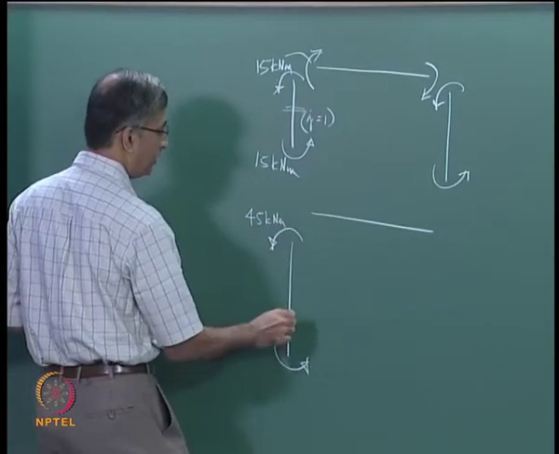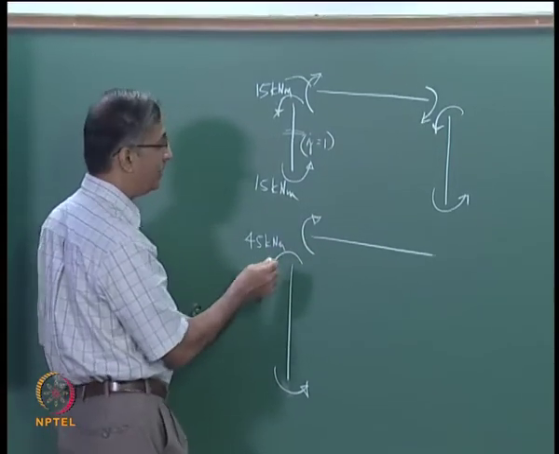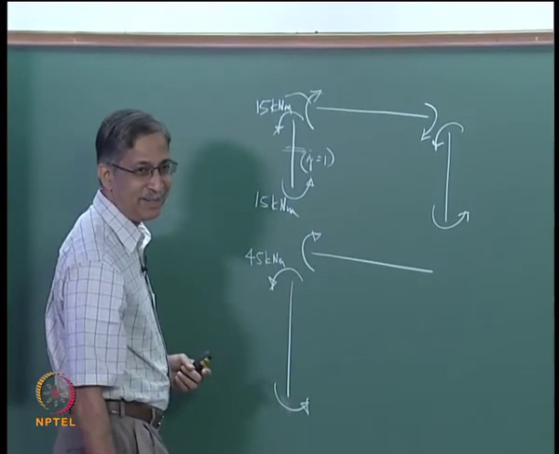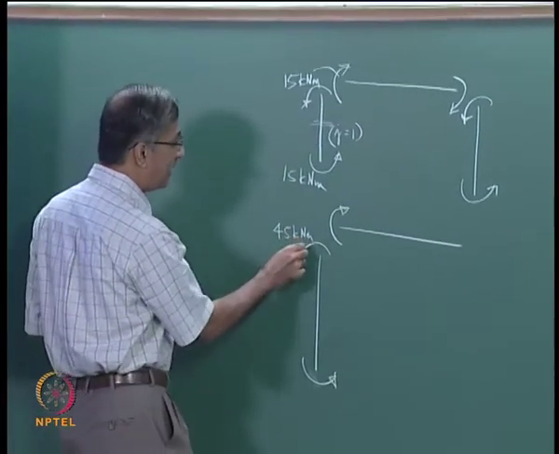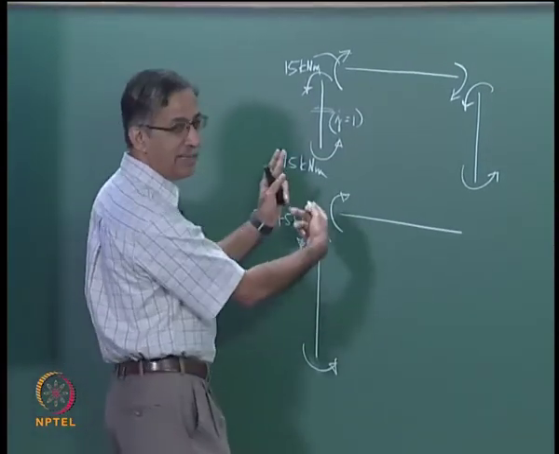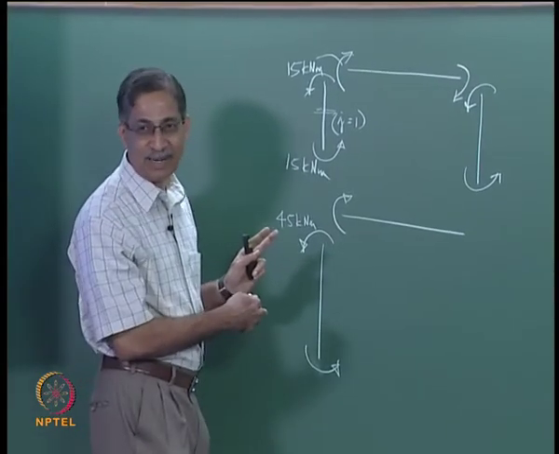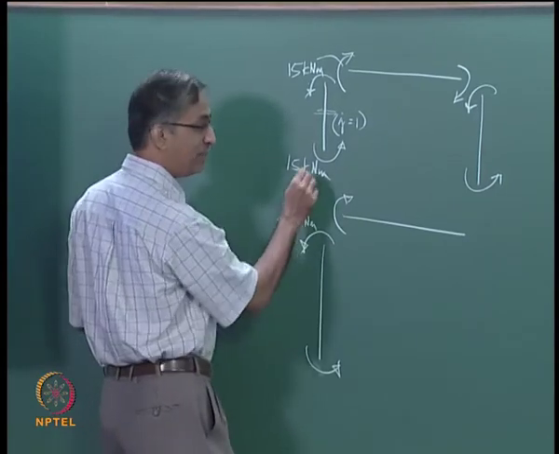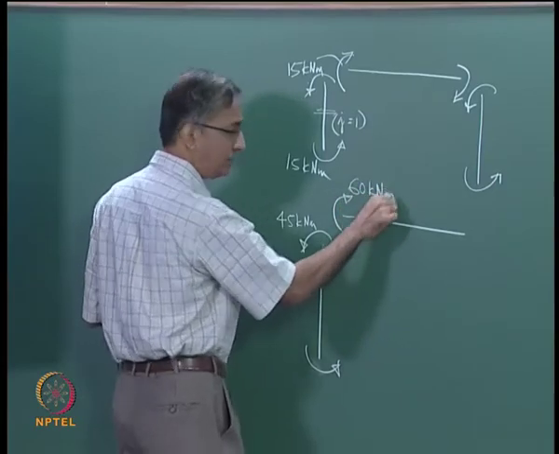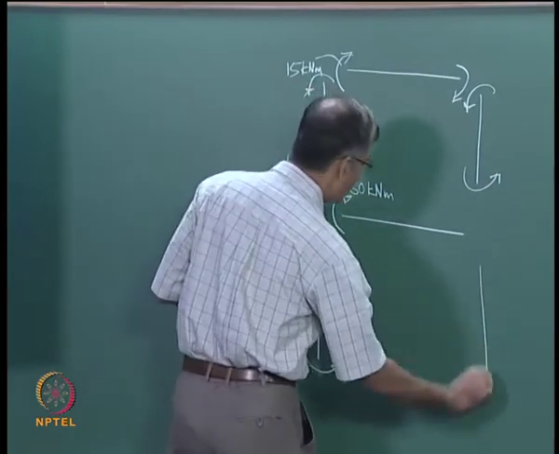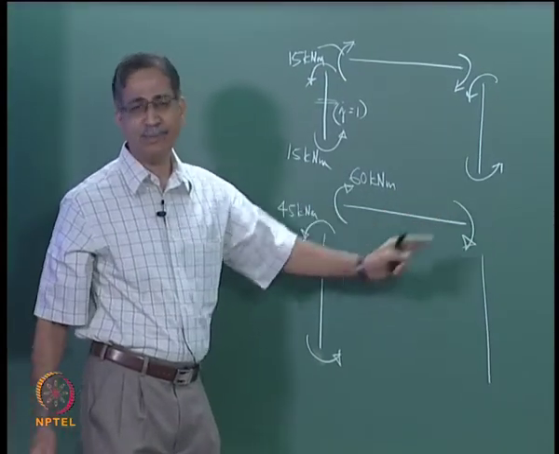this is also 45. So what do you think this should be? This should be clockwise, it should equilibrate. Now you can either subtract or add, but these are both anti-clockwise. When you join all the elements together, you should not have a nodal moment. So you have to add, not subtract, do not make that mistake. So it is 45 plus 15, which is 60. Is it clear? And the same thing holds good here. So you just need to do it at one end and it gets replicated. So it is very easy.